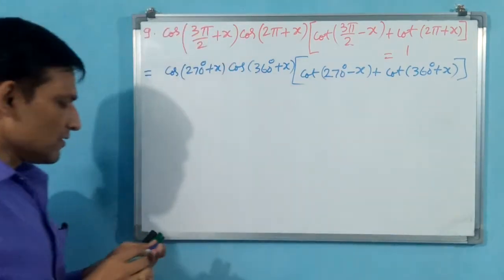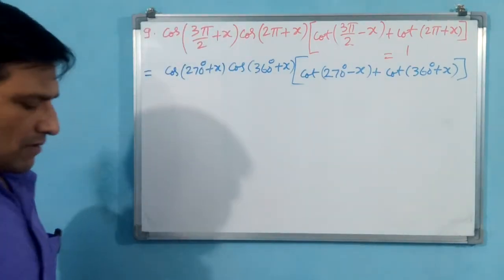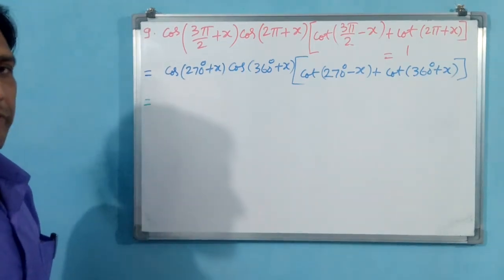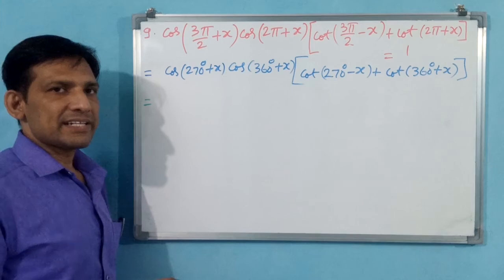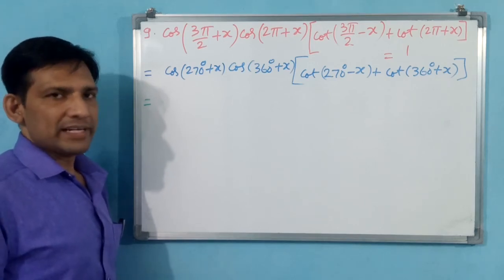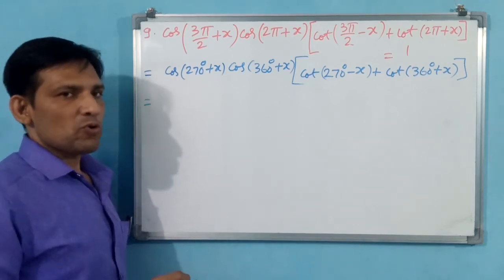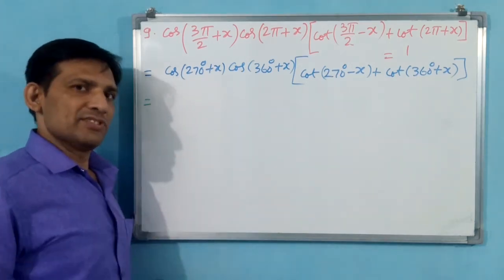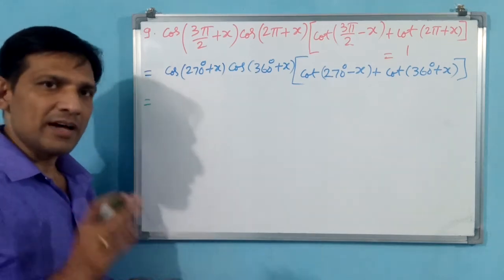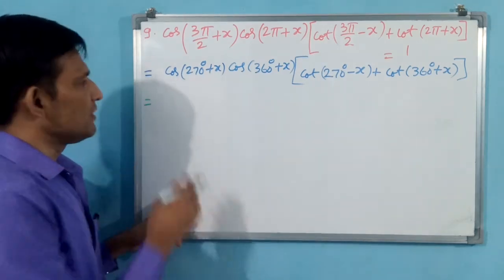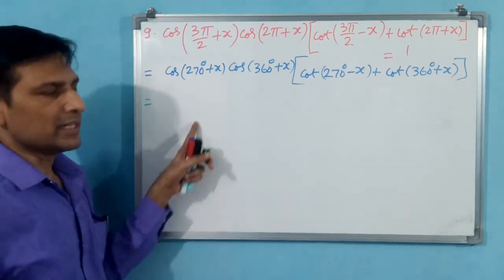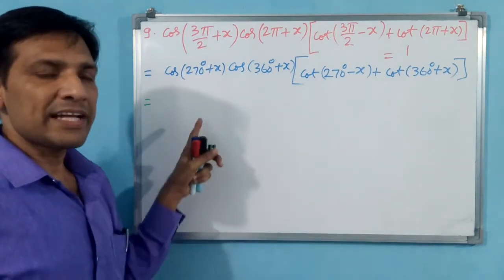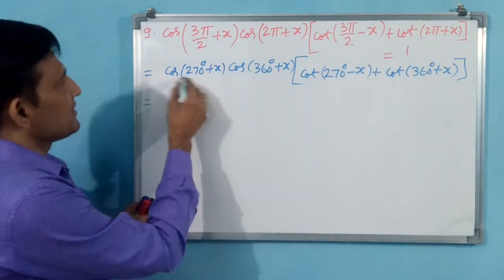Okay. Now a little bit easier we can tackle this problem. Cos(270 plus x). 270 plus means which quadrant? Up to 270 is third quadrant, 270 to 360 is fourth quadrant. In the fourth quadrant, cos is positive, so positive only will come. You need not write positive. Okay, 270 is vertical or horizontal? 270 is a vertical angle. Vertical angle means cos is going to become sin. You write sin x.